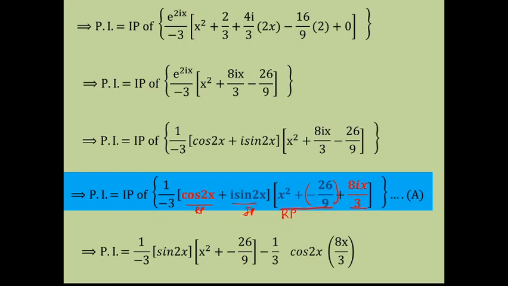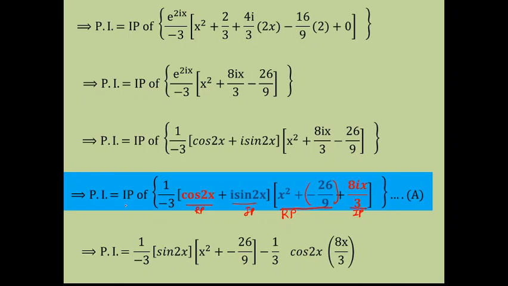So these two, real into imaginary, then real into this imaginary. So what we have, cos 2x by minus 3 into 8x by 3. In this way we shall get the imaginary part. So one has to remember that when we wish to obtain the imaginary part, I am going to multiply the real part of the first bracket with the imaginary part of the second bracket and vice versa, right? This is to be done for getting the imaginary part.